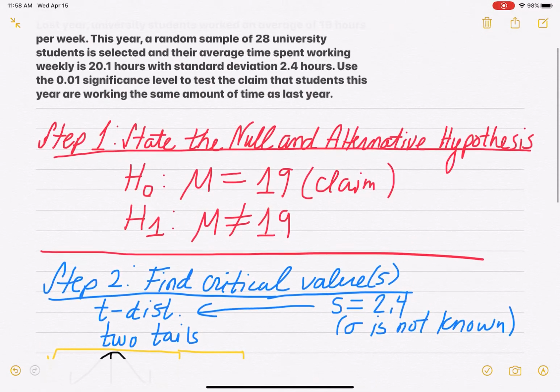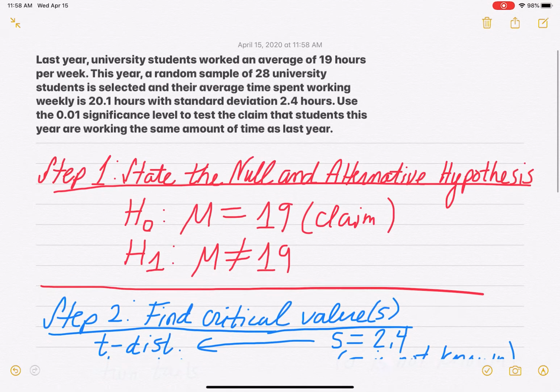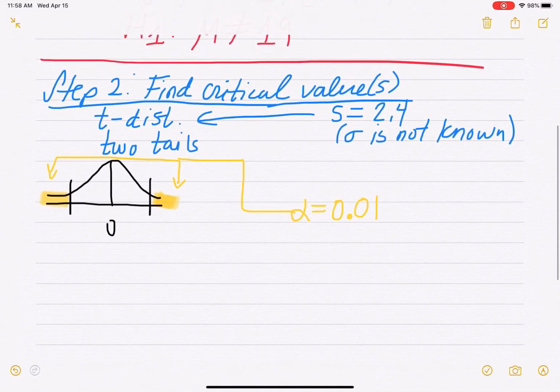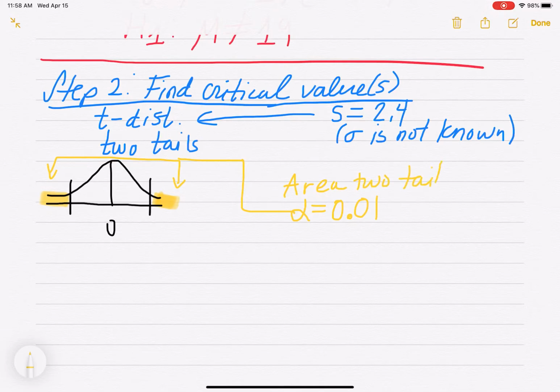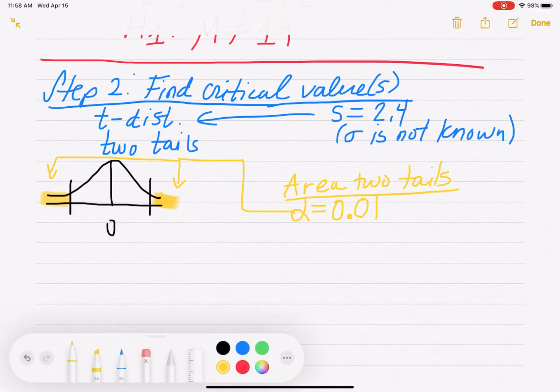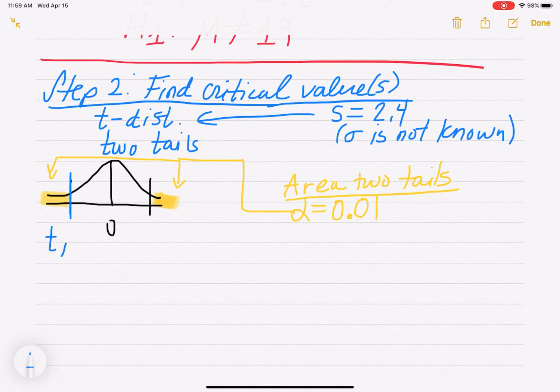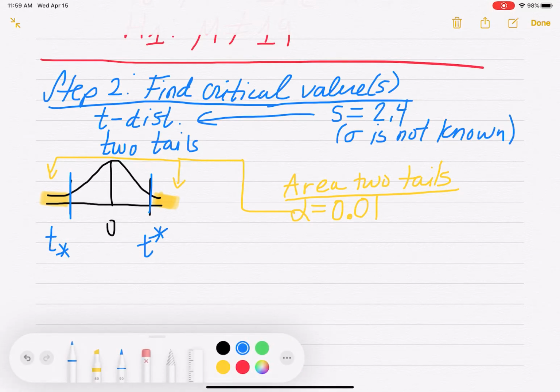The 1% significance level. Let's read. Use the 1% significance level to test. Okay, so the area in two tails is 0.01. So our goal here is to find a T lower star and a T upper star that separates the rejection regions from the non-rejection regions. So when you have an area in two tails of 0.01 and you have degrees of freedom,